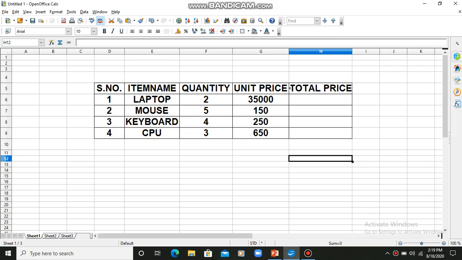In this I will tell you about three types of referencing, and let me write them one by one. First is relative referencing. Second, absolute reference.